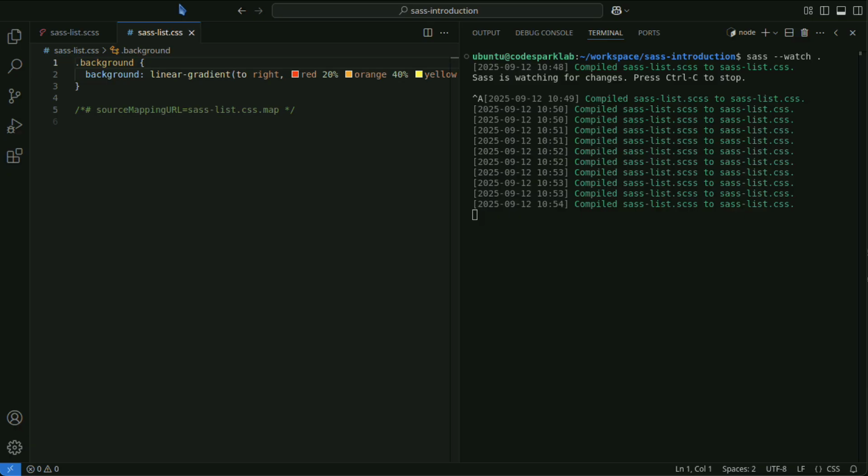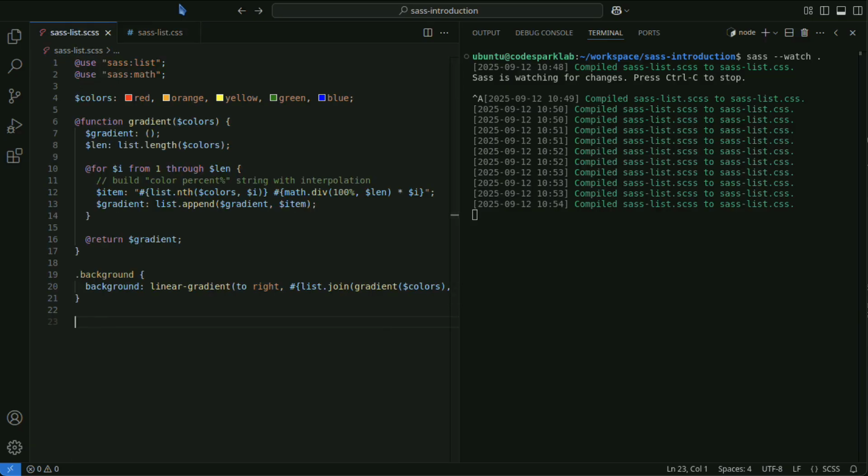In the gradient function, a position is calculated and assigned evenly to each color based on the number of colors, creating a list for the gradient. In the background class, linear gradient is used to combine the generated color list and apply a horizontal gradient. Since the positions are automatically calculated according to the length of the color list, you can easily create an even gradient by adding or changing colors.